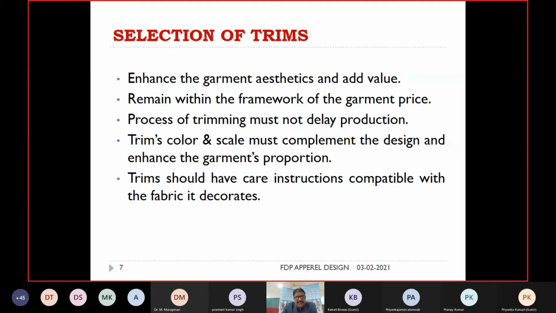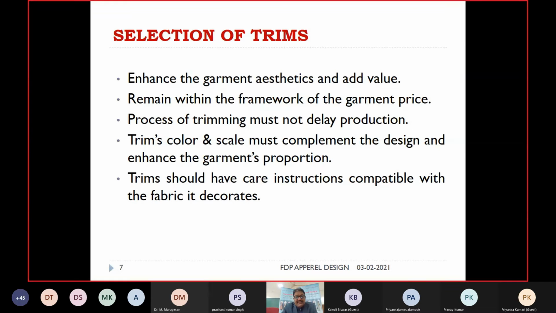Next is, process of trimming must not delay production. Due to the trim, due to the attachment, your lead time, suppose you are given 15 days or 30 days or 45 days lead time for the consignment delivery, so always you try to ready the consignment within that period.